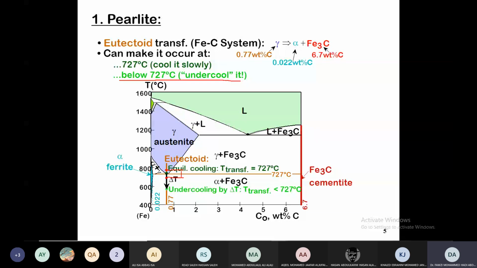So let us say this is our delta T, or let's call it delta T1. And let's develop the microstructure again in another way, jumping faster, from here instead up to there,